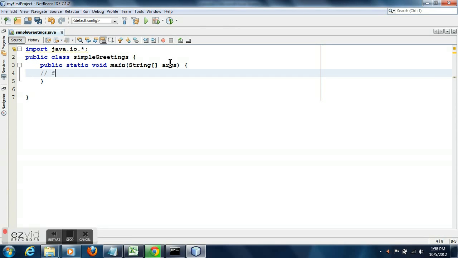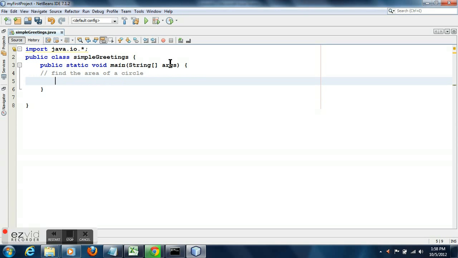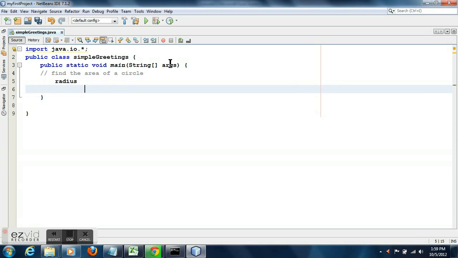So I write the comment in Java. If you write a comment, meaning a line which is not executable, you start with 2 slashes. The purpose of the program is to find the area of a circle. So what are the things that are necessary for a circle?